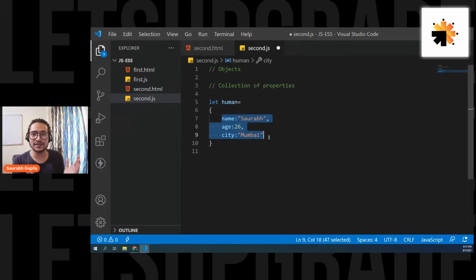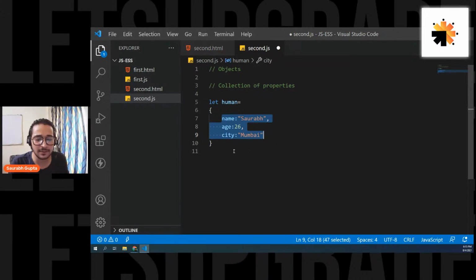You basically get an object when you feel that this set of data, all these four or five pieces of data, belongs to something or is related to something, or they are related to each other. They are representing a single entity, and that's where you create an object. Is that clear, everyone?